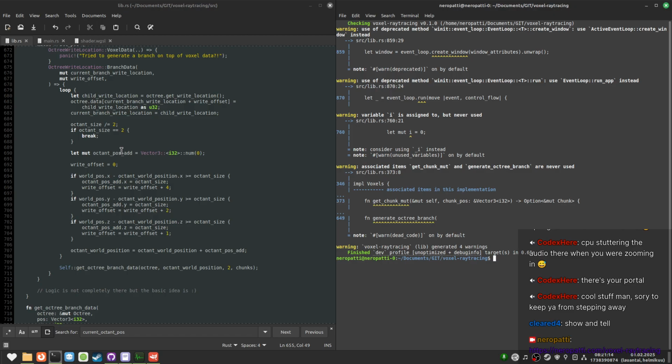The only problem is if we get an empty thing. Or actually, let me think. Oh, this doesn't work. So I get the child right location here.